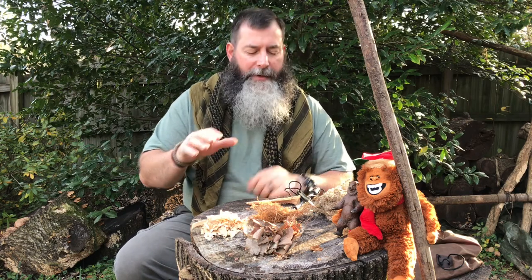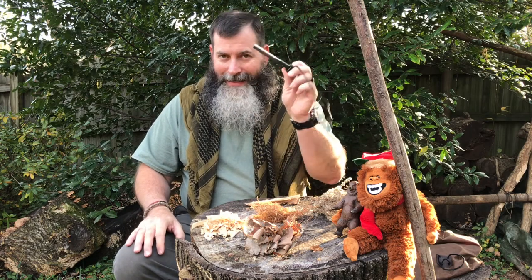Anyway, the reason we came up with the natural tinders and being able to strike them or light them, ignite them with a ferro rod is for two reasons. Number one is I have a project that I have to do, and I need a natural tinder, so there's that. Number two, I was doing my 2-mile ruck, my daily 2-mile ruck that I have to turn in for